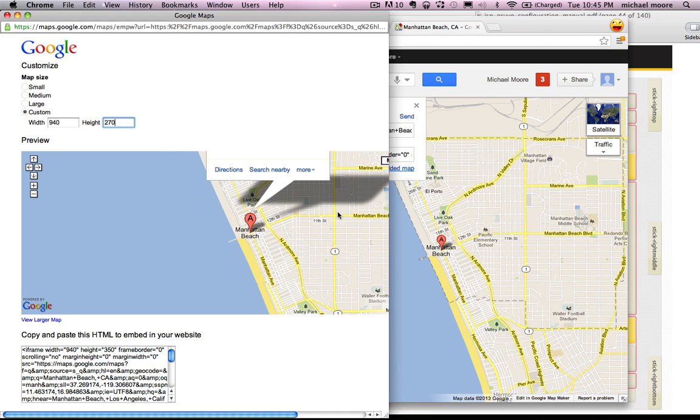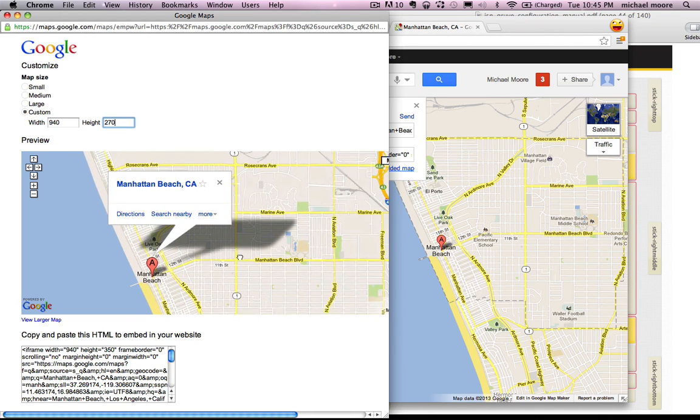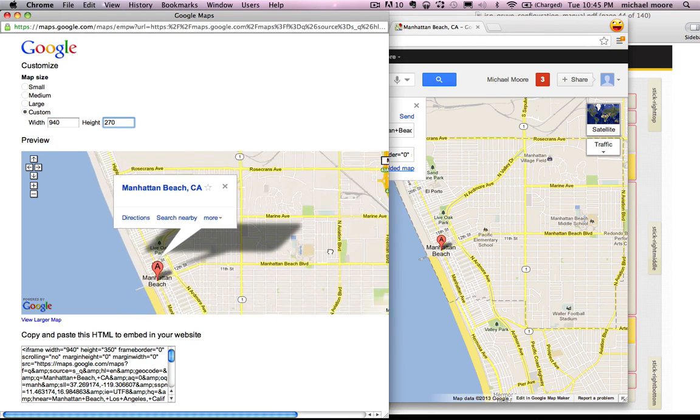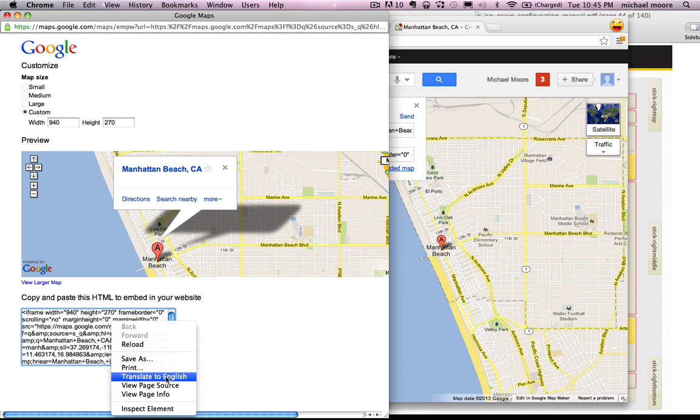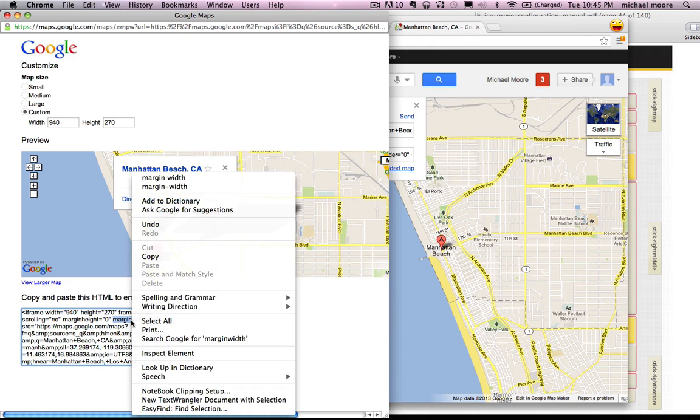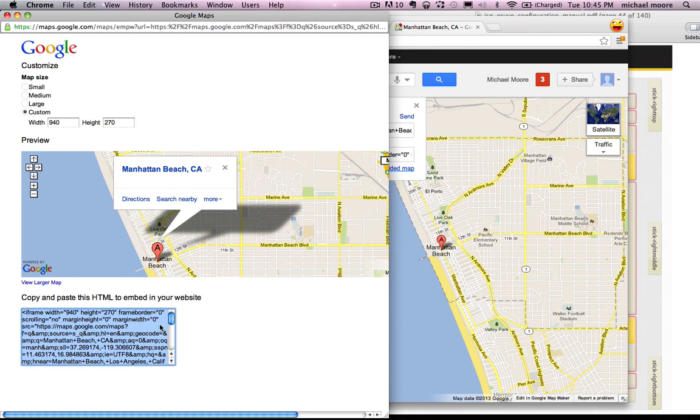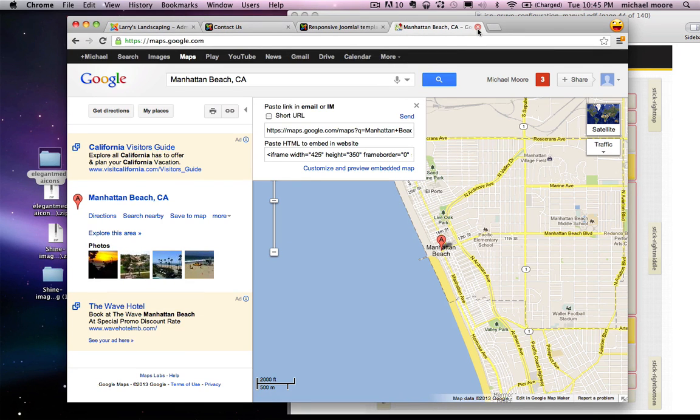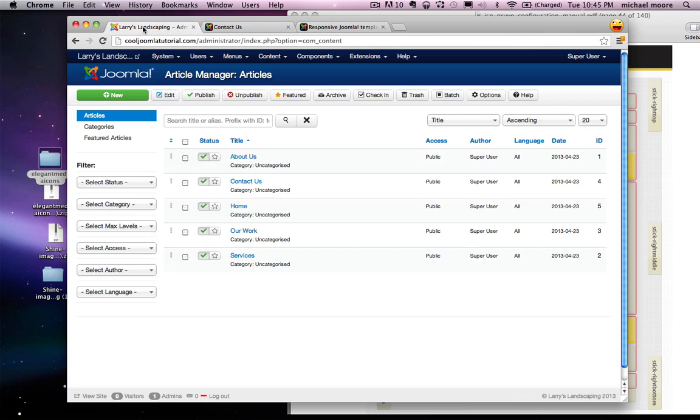You can also change the orientation of the map if you want by clicking and dragging. And once you're done doing that, just right-click this and click Select All, and then copy it. So let's copy that code, and we can close this up. Let's go to the back end of our website, and let's go over to extensions, and let's go to Plugin